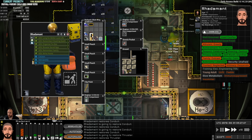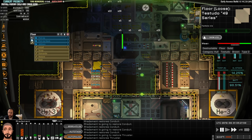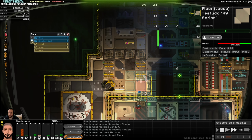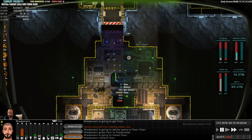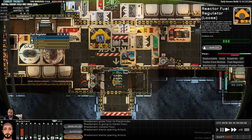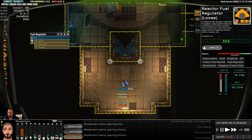Let's find the floors and patch that hole before I forget. So I think it's right here. Yep. Cool. So now we're airtight again until we undo that, obviously. Next up, let's do fuel regulation. Pick up the fuel regulator and install it